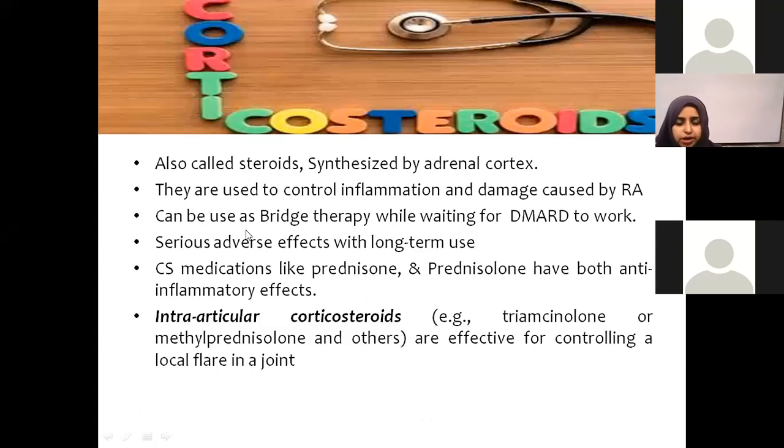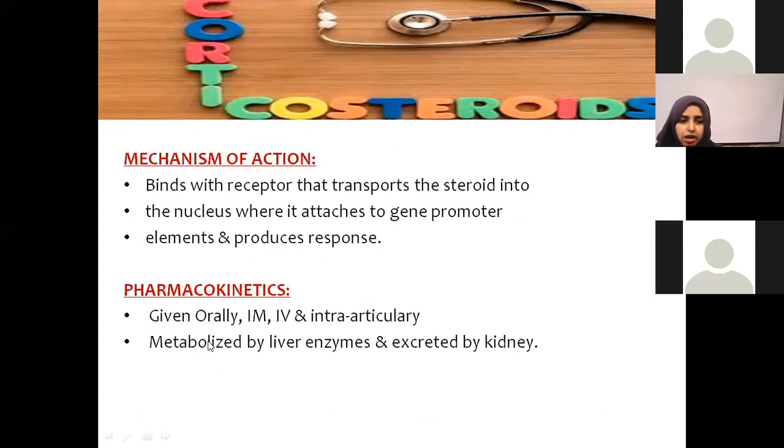Okay, then we have steroids. Steroids are something very commonly given to suppress the immunity, to control inflammation and damage caused by RA. They can be used as a bridge therapy while waiting for the DMARD to work. Which steroids come, like prednisone, prednisolone, both have anti-inflammatory effect. Okay, what is the mechanism of action? They bind to the receptor and transport the steroid into the nucleus where it attaches to the gene promoter. Something is going inside the nucleus, most probably it will affect the gene. You people have read this in physiology too. Then the response of the genes will come, usually late